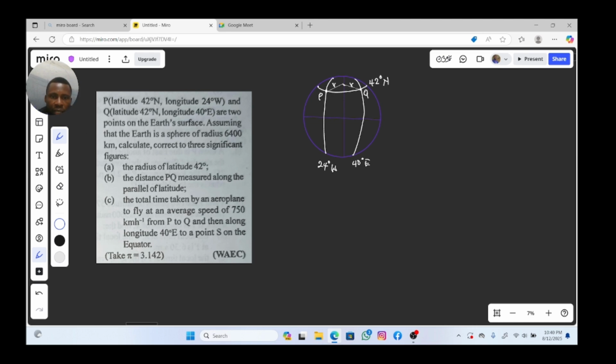Now, if you read further, it says, assuming that the Earth is spherical with the radius 6400, calculate the radius of latitude 42. This latitude 42, we should calculate the radius. So what is the radius for A? The radius is the same thing as capital R cos alpha, and this is going to be 6400 cos 42, and we are correcting everything to 3 significant figures: